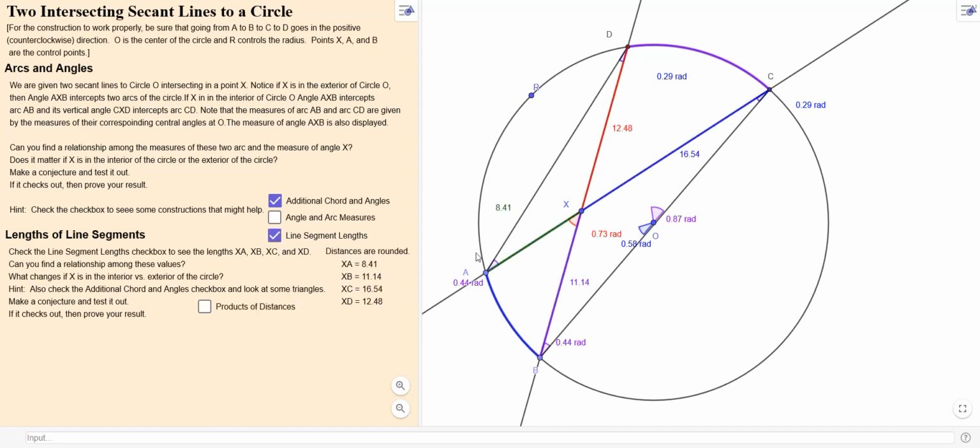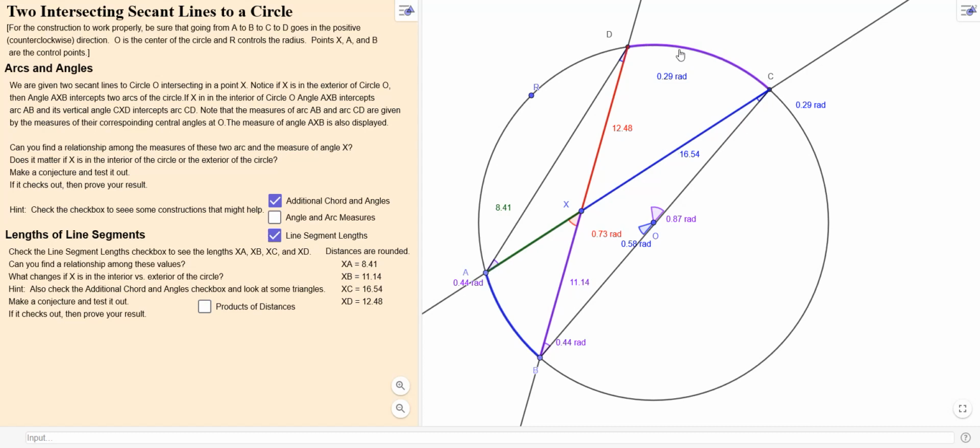So XA is right here, the green one. That's 8.41 at the moment. XB is 11.14. XC is 16.54. And XD is 12.48. Now look at the angles formed here. We looked at this earlier. The purple angle here,